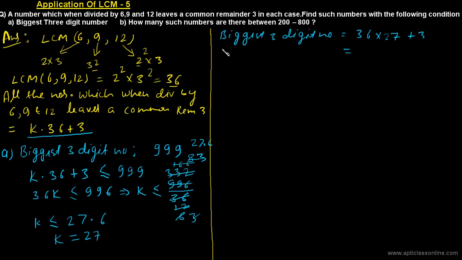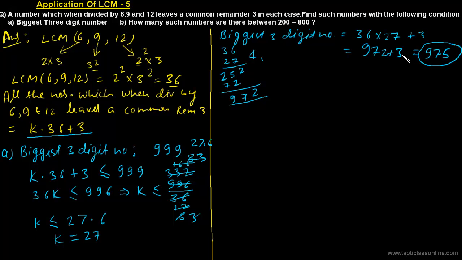Now 36 into 27, let's find out how much it is. 27, 7 6 are 42, 2 4, 7 3 are 21, 25, 2 6 are 12, 2 1, 2 3 are 6 plus 1, 7, 2, 7, 9. So it is basically 972 plus 3, that is